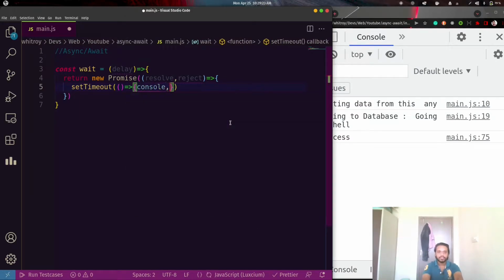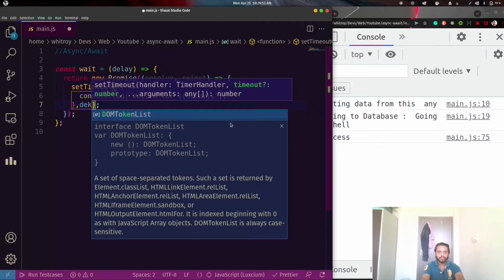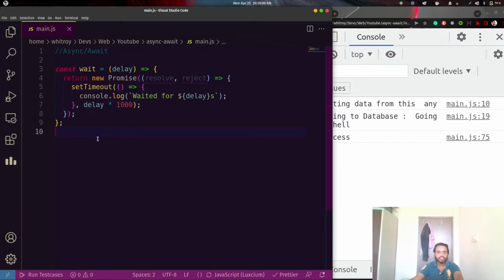Let's make a delay and just console log that we have waited for the given delay seconds. I am just delaying for the given delay.